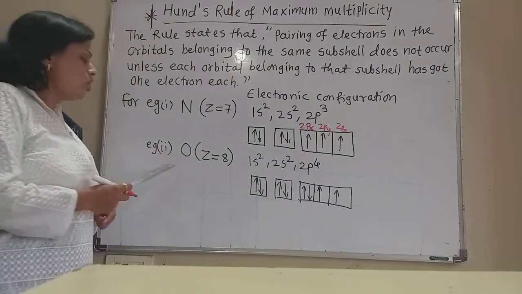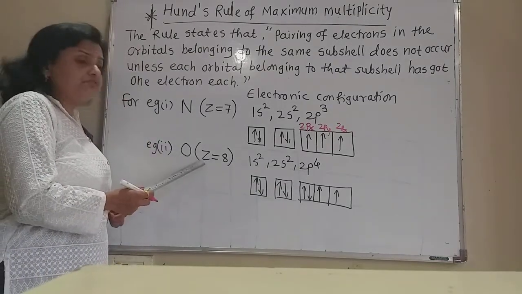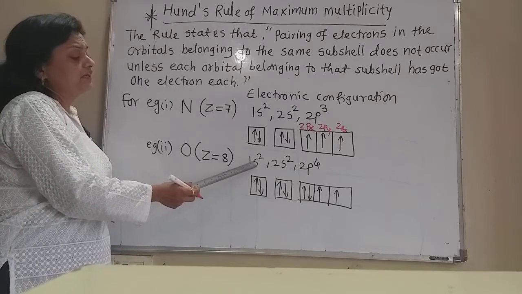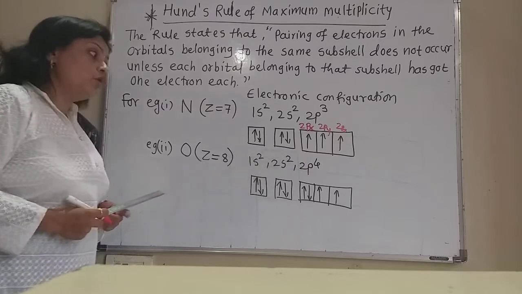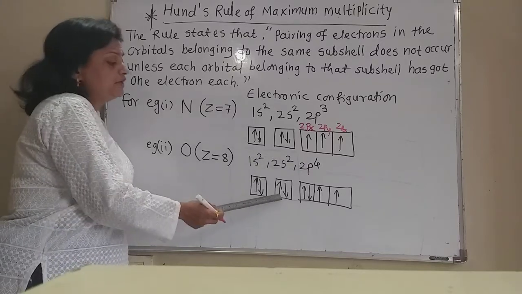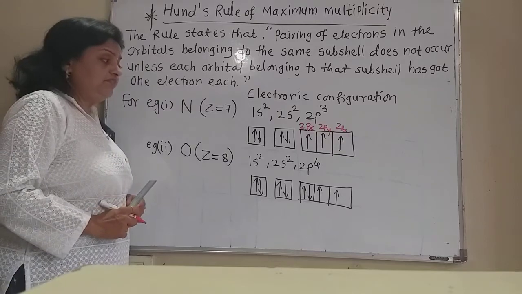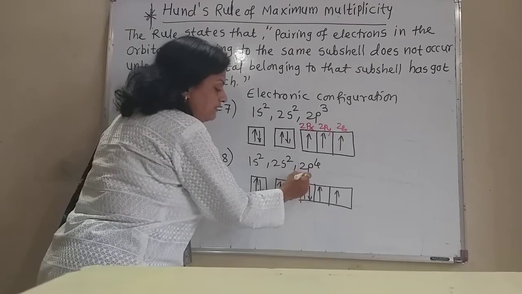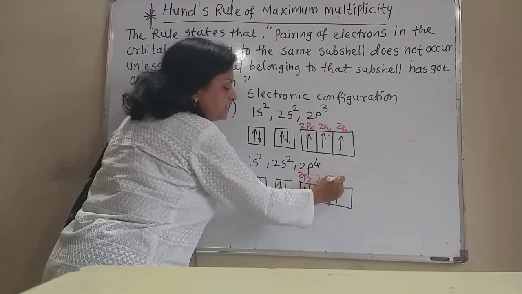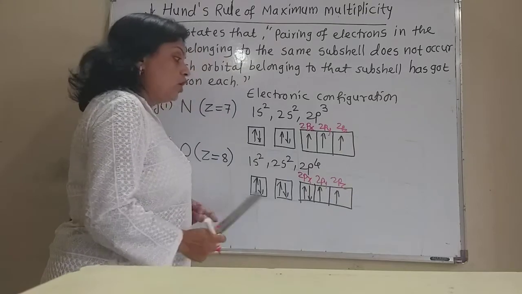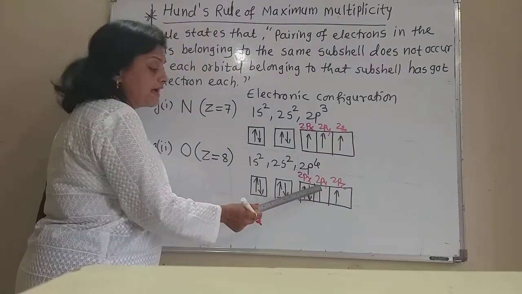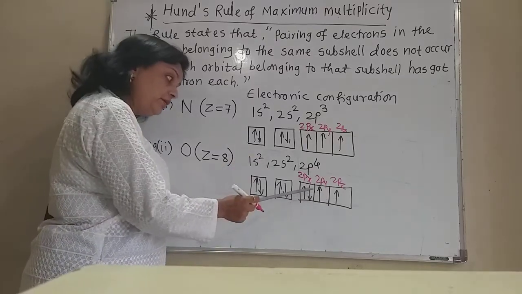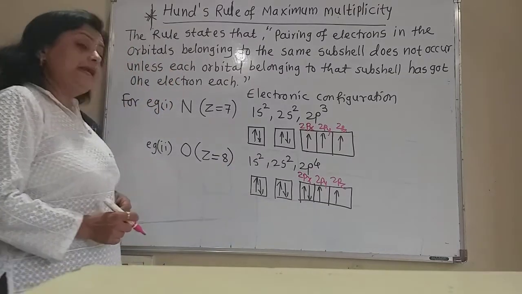And see in oxygen now. In oxygen, the atomic number Z is equal to 8. So the electronic configuration is 1s2, 2s2, 2p4. Now these 1s and 2s orbitals are already completely filled by oppositely spinning electrons. But the 2p orbital has 2px, 2py, 2pz orbitals. All these orbitals are filled first by parallel spin electrons. In every orbital 1 electron is there, and then the incoming fourth electron comes in with anti-parallel spin